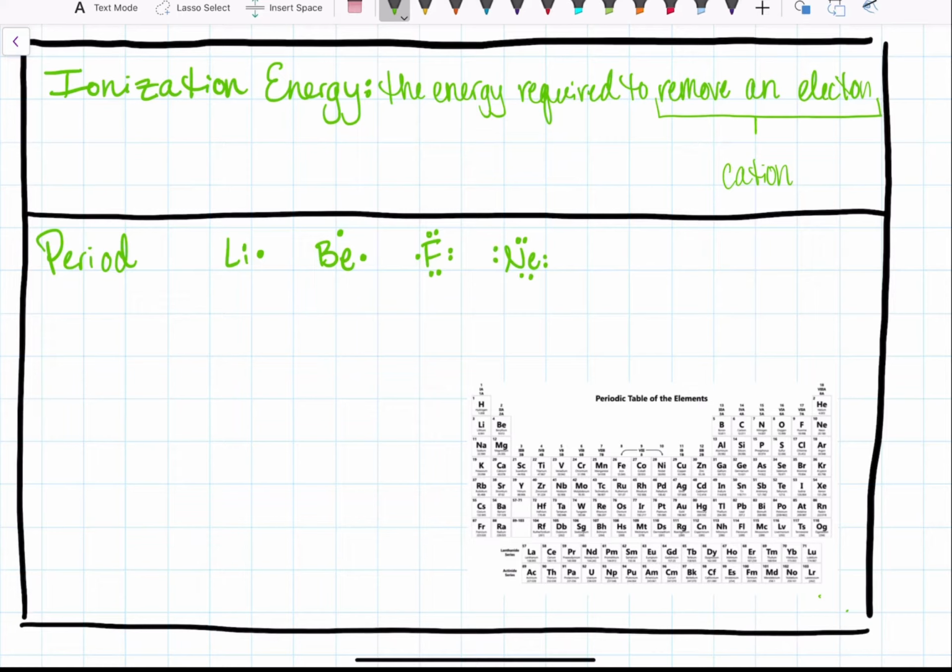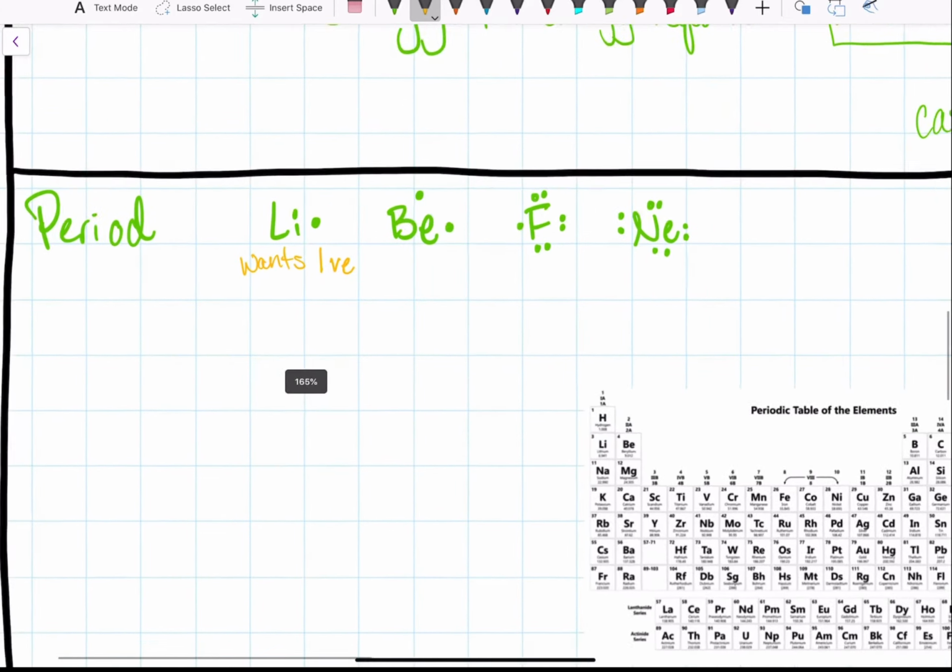So if we're looking at the energy it takes to remove an electron, we want to look at how badly these elements want to hang on to their electrons. For example, we have something like lithium. Lithium doesn't even want to keep this electron. It really wants this electron to be removed. So lithium wants 1 VE, for valence electron,